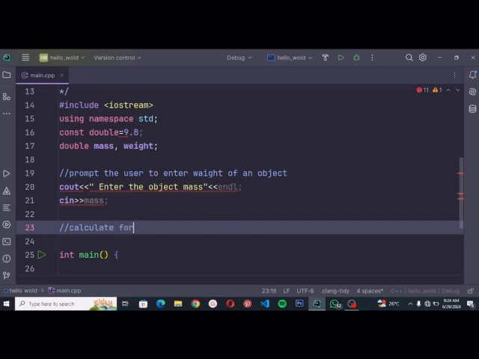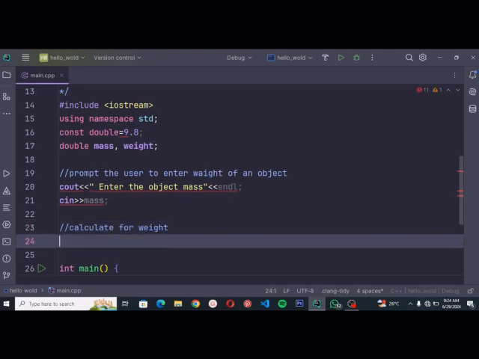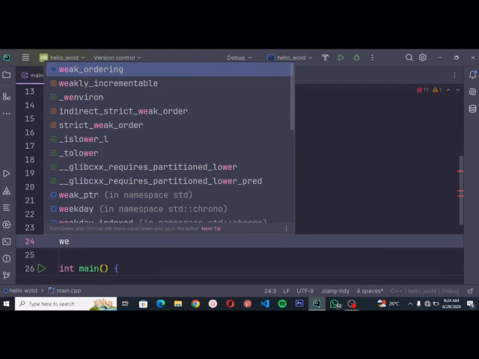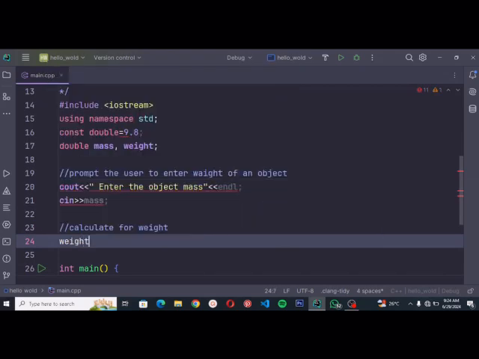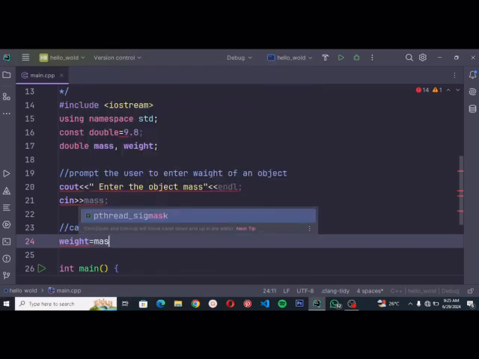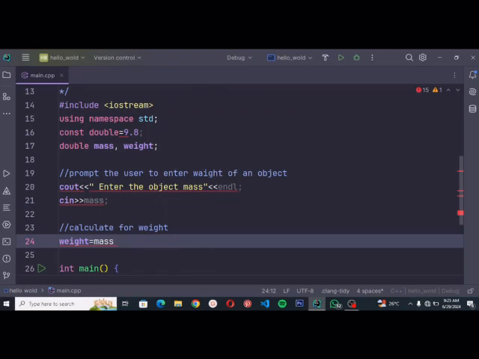So calculate for weight. Weight is equal to mass times, sorry, mass times